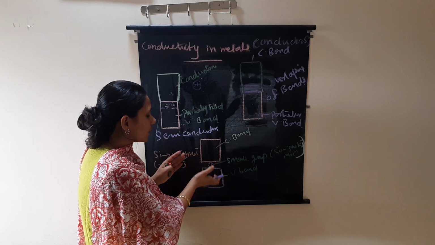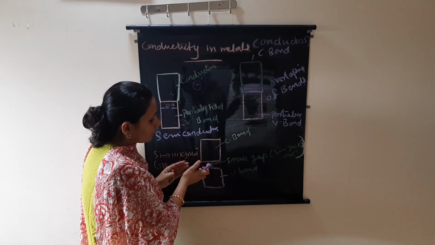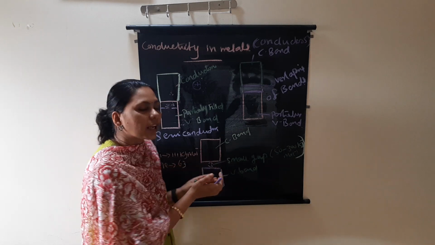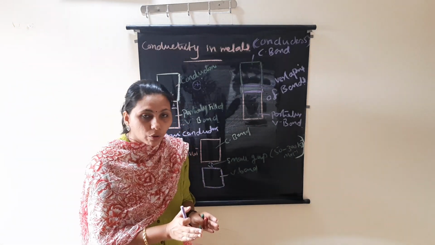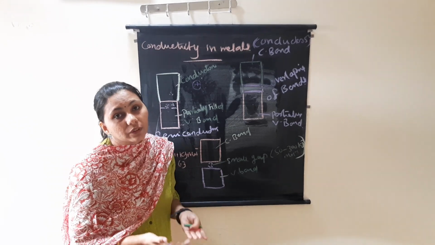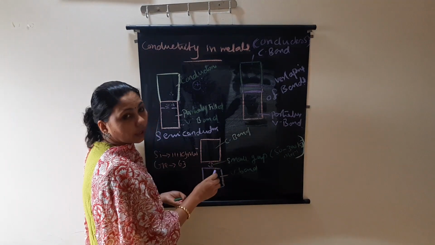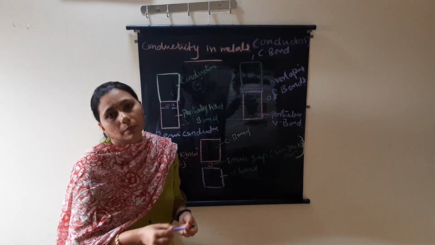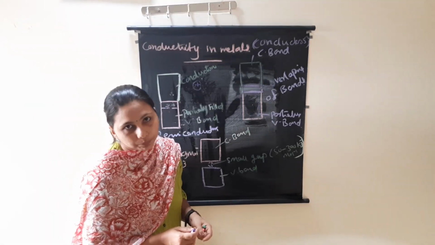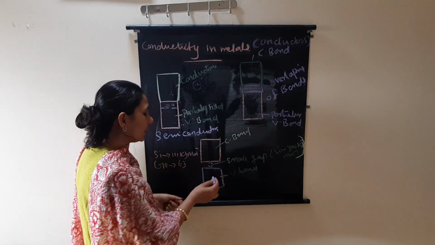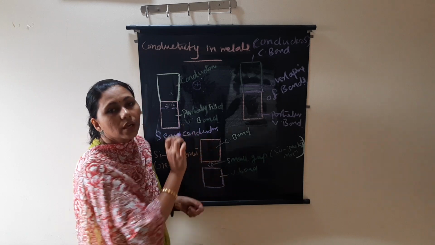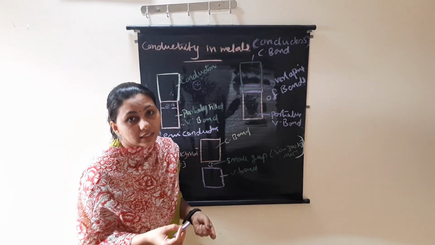So you just have to draw two bands, and the energy gap between the conduction band and the valence band is very small. At room temperature itself, the electrons can jump from the valence band to the conduction band to conduct electricity. Easily the electrons can jump from here to here. But when temperature increases,